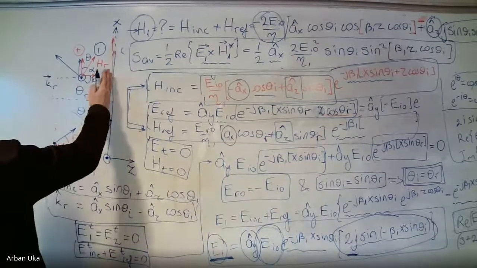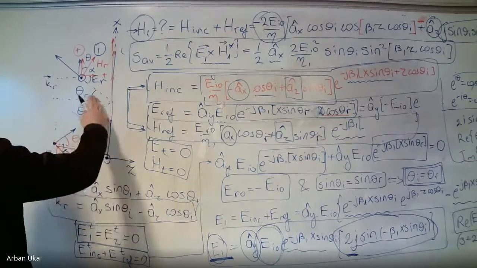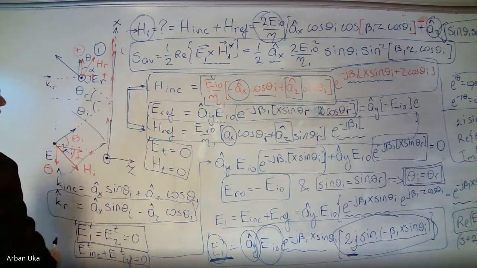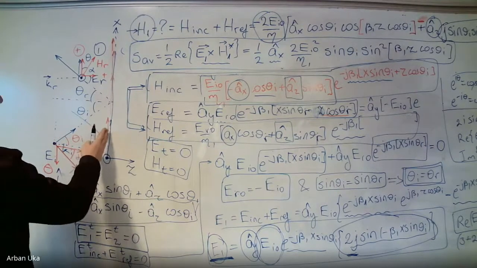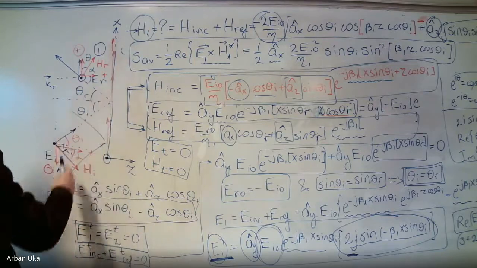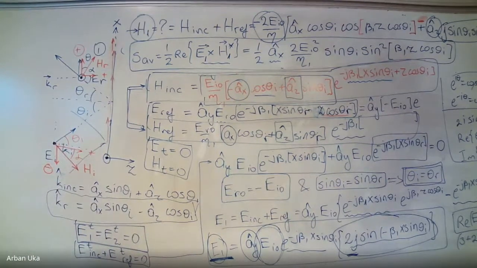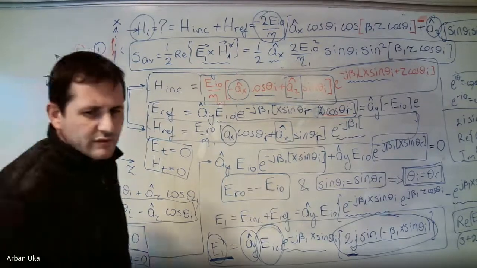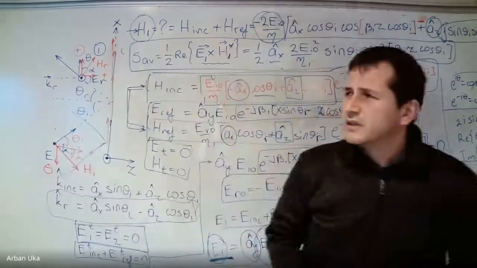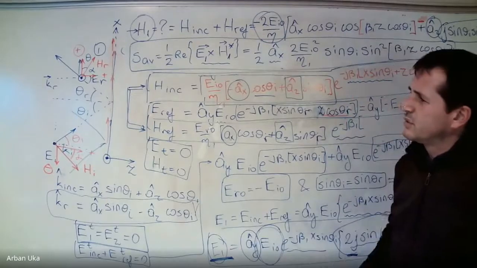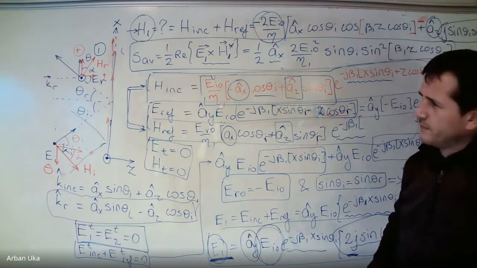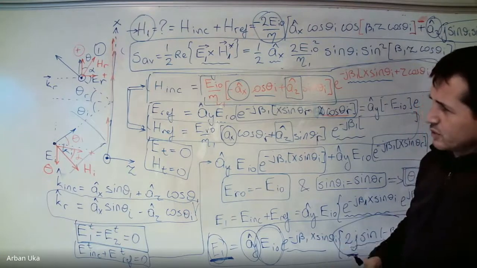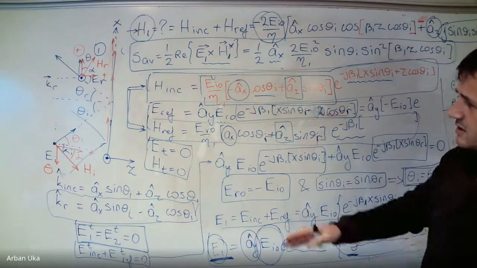We have an interface here, we have an incident wave, reflected wave, and in the end, at the interface, the energy is effectively flowing up. We can provide two types of answers. One type is the intuitive one, based on what a wave could do. And we could argue that since this is a conductor,